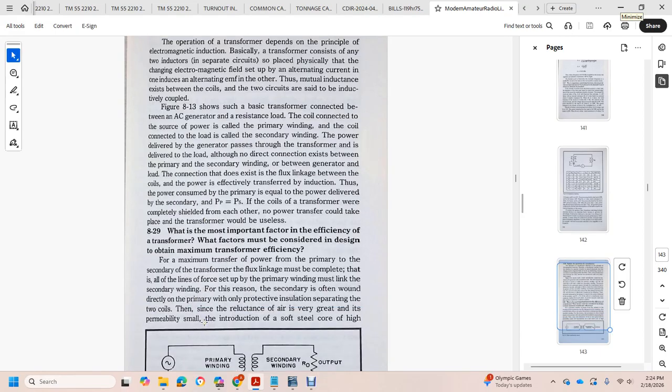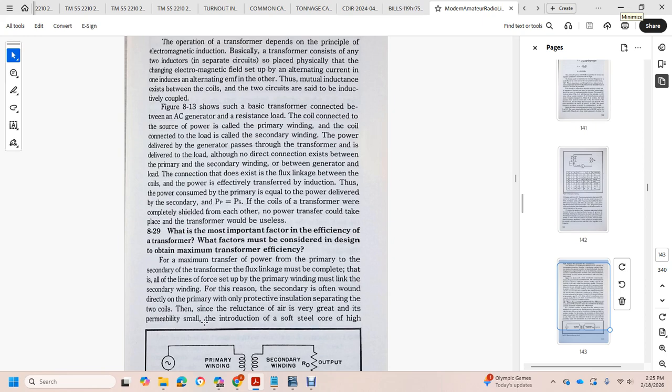The most important factor to be considered in the design of the transformer is the obtainment of maximum transfer efficiency. For maximum transfer of power from the primary to the secondary of the transformer, the flux line linkage must be complete. All of the lines of force set up by the primary winding must link with the secondary winding, for which reason the secondary is often wound